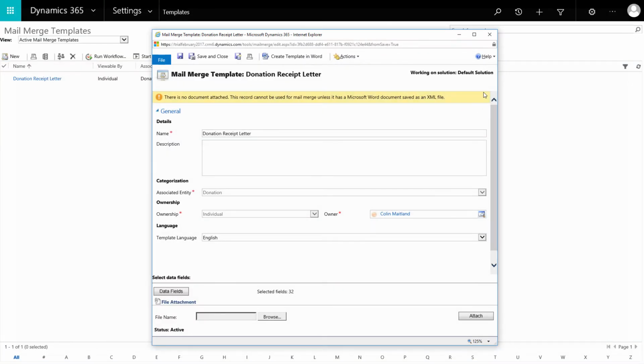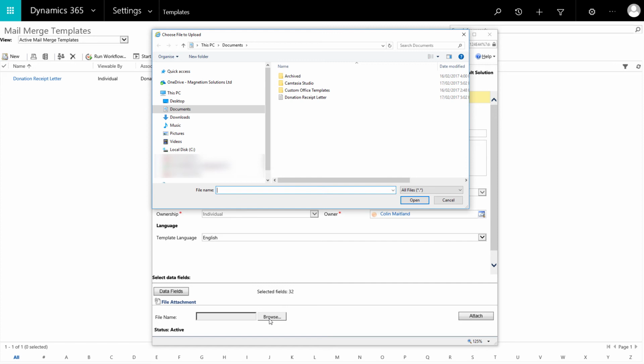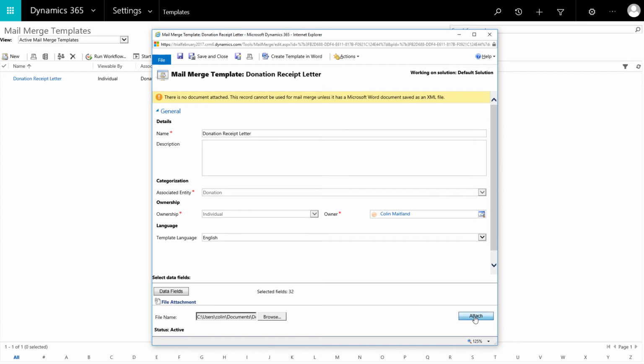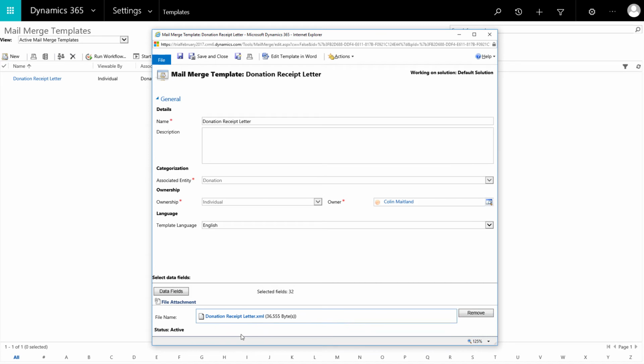At this point, you will be returned to the mail merge template dialog in Dynamics 365. From here, you must now attach the new Microsoft Word Donation Receipt Letter document to the mail merge template record in Dynamics 365 by clicking Browse, navigating to the location where the Microsoft Word Donation Receipt Letter was previously saved, selecting the new document, clicking Open, and then clicking Attach. Notice that the new Microsoft Word Donation Receipt Letter document is now attached to the mail merge template record in